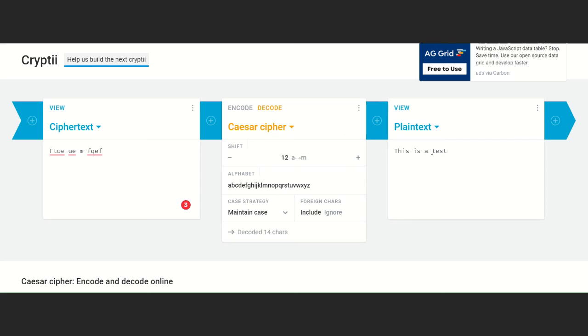Then they will say, look, shift 12 makes sense, and the plain text is this is a test. It takes a lot of manual work, but there is software that does it automatically for users, so it is a great tool.